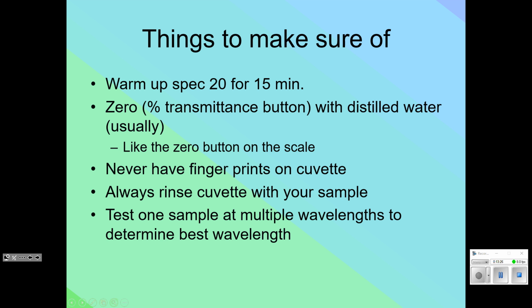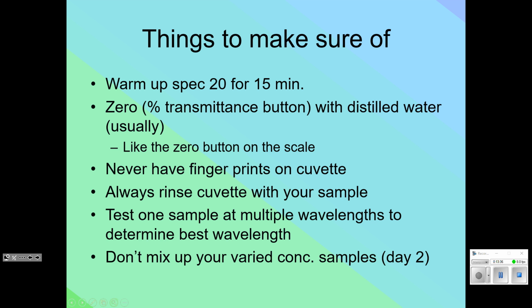What we're going to be doing today is we're going to test one sample at multiple wavelengths in order to make sure that we have the appropriate wavelength for next class period. Next class period, then, we're going to be testing multiple samples. Make sure you don't mix up which concentration is which. Because once again, is this the 0.05? Is this the 2? If you do that sort of error, that is going to make your graph look ridiculous. That's not going to help you out at all. So my hope is this first little intro notes was meant to give you a little background on the piece of equipment you're going to use. If you could have out the analysis of food dyes and beverages lab,